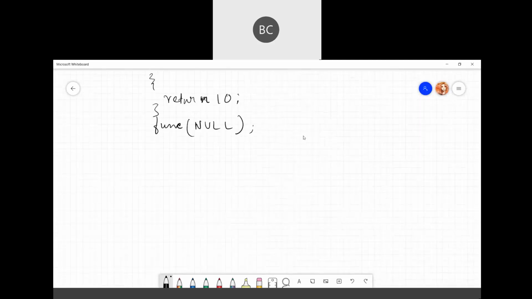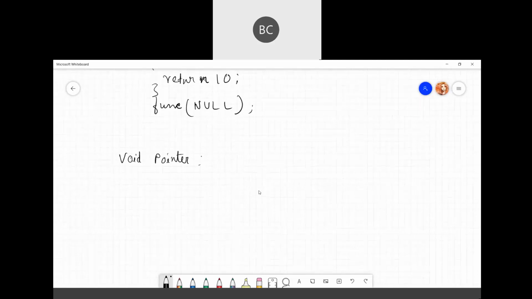Next comes the void pointer. Just simply remember, if you assign a pointer variable to null, then it is a null pointer and its value will always be 0. That's the main concept. Then what is a void pointer? A void pointer can hold the address of any type and can also be typecast to any type.